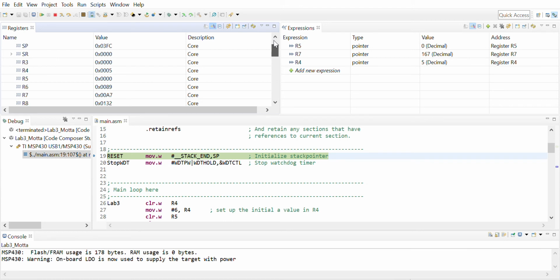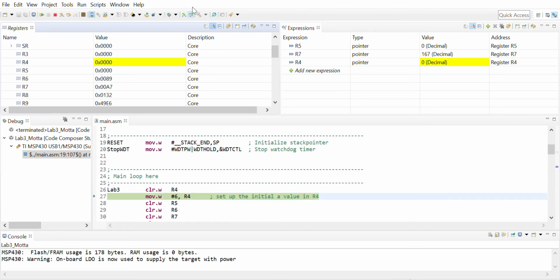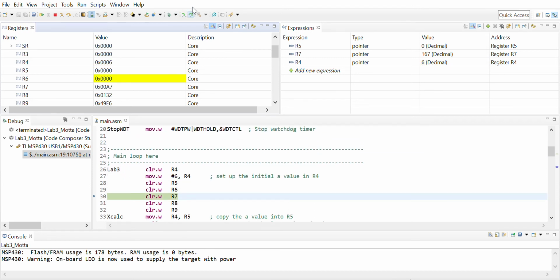Okay, so I'm going to start executing the program. We already went through this,